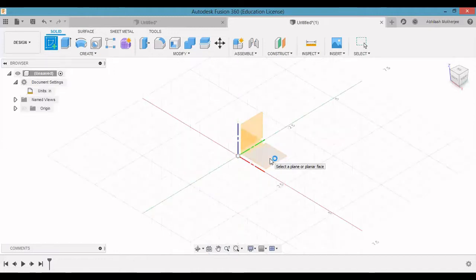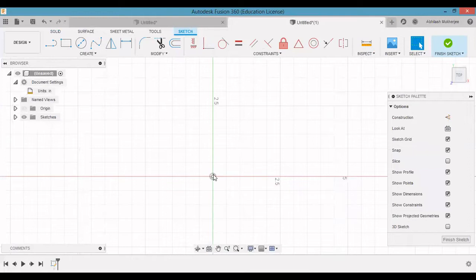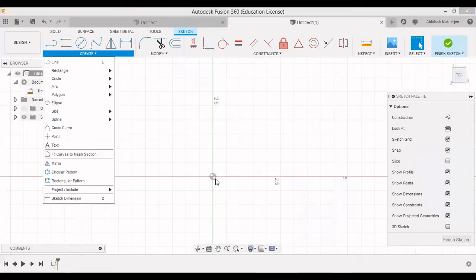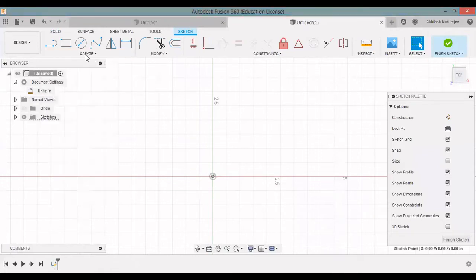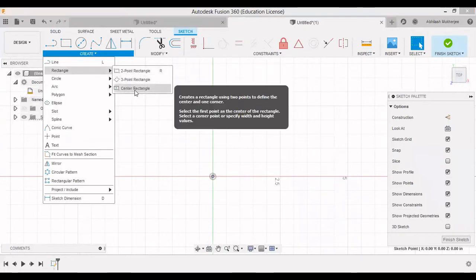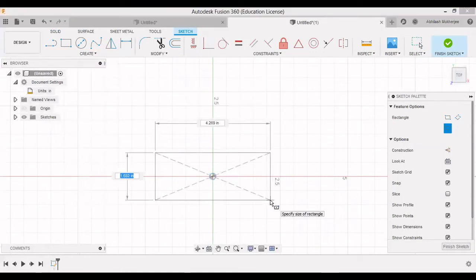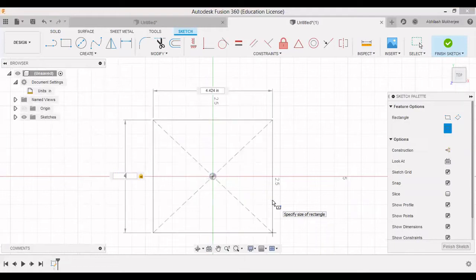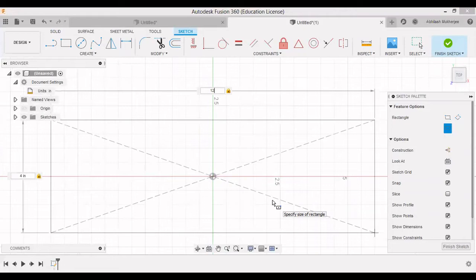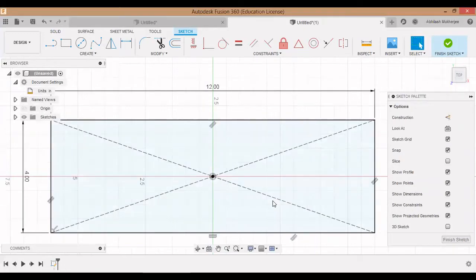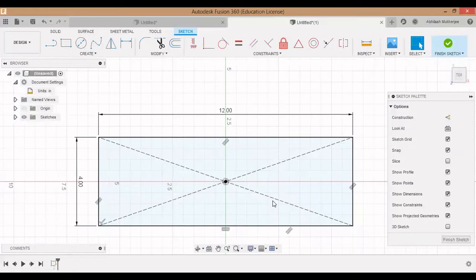We'll select XY as our plane and make a center rectangle. Select the point, drag it outwards. Now let's say we need a rectangle of 5 inches by 12 inches. So we have our dimensions, we press enter, and there it is, our rectangle.